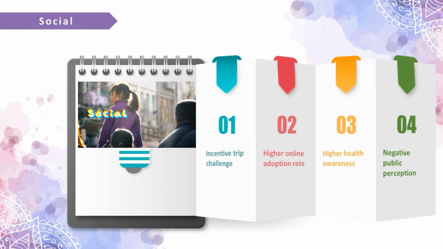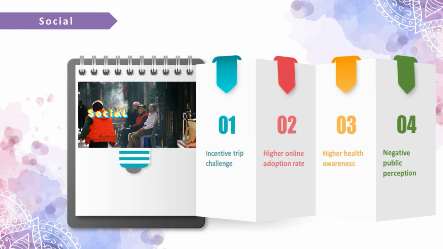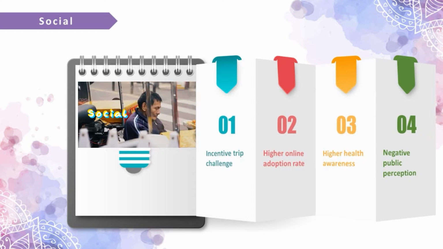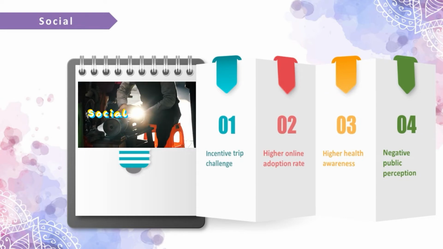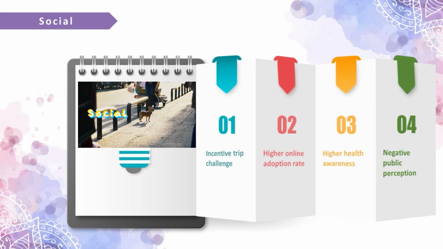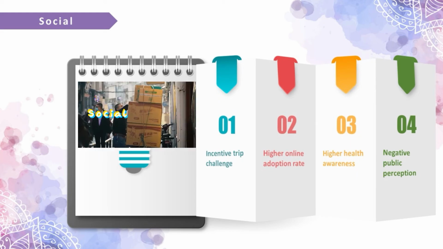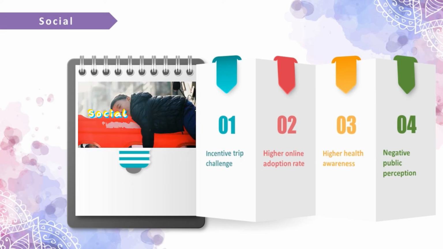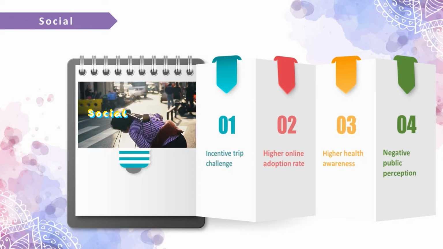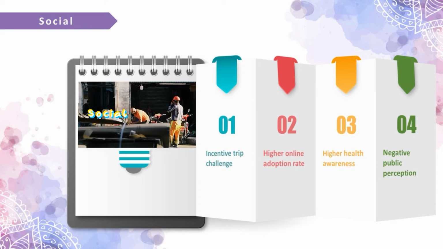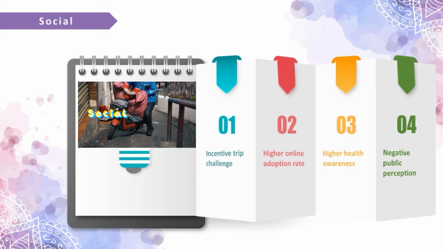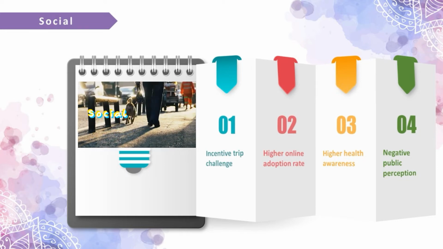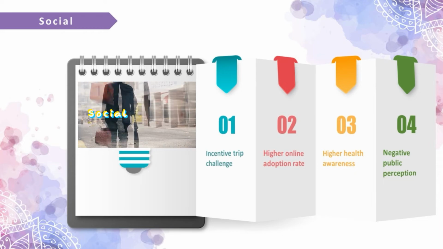On social factor analysis, we have made 4 observations. First, due to COVID-19, it has become increasingly challenging to organize incentive trips, be it international trips or domestic trips. People may not be willing to travel due to the risk of infection. Next, we see a higher online adoption rate. This is particularly obvious when the pandemic hit China and Chinese citizens were required to quarantine themselves at home. We now see the Chinese are more used to and more susceptible to online activities. Third, COVID-19 has further elevated the health awareness among the Chinese. Lastly, even though 3 years have passed since the 100-day operation, there still remain some negative public perceptions of the